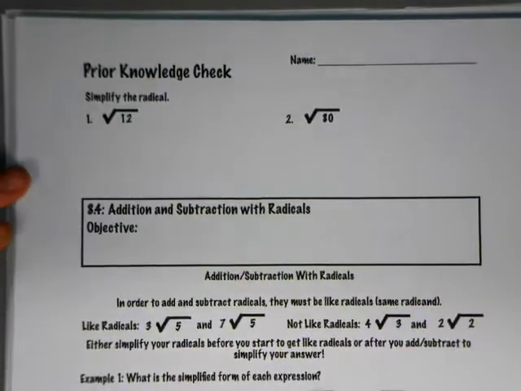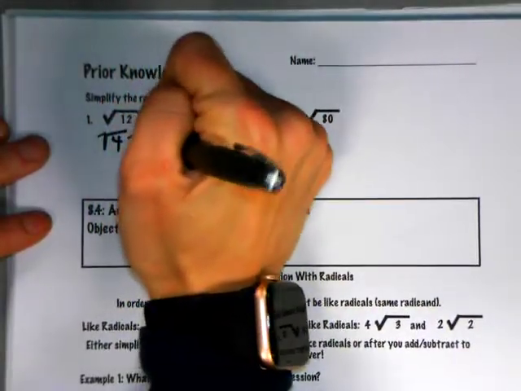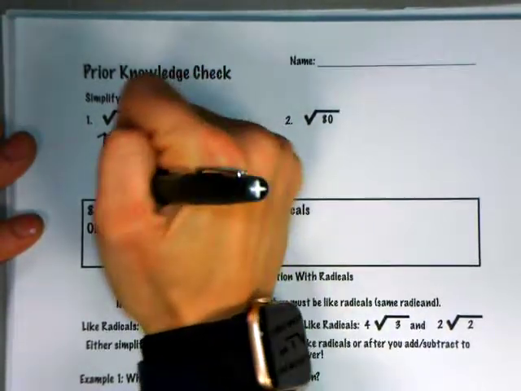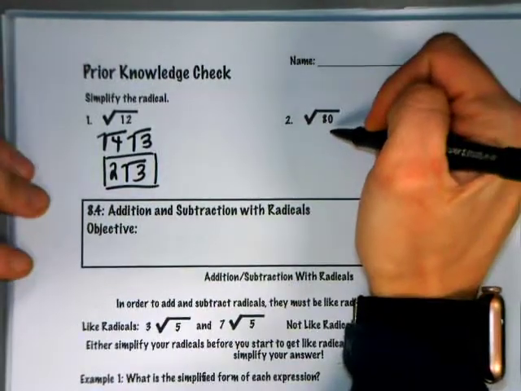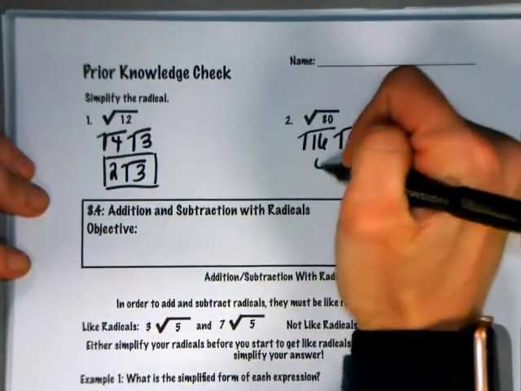What would you use for 12? 2, 4, and 3. Yeah, so 4 times 3, and then square root of 4 is? 2. Yep, so 2 radical 3. All right, what about radical 80? 16 times 5, and the square root of 16 is? 4. Yeah, so 4 radical